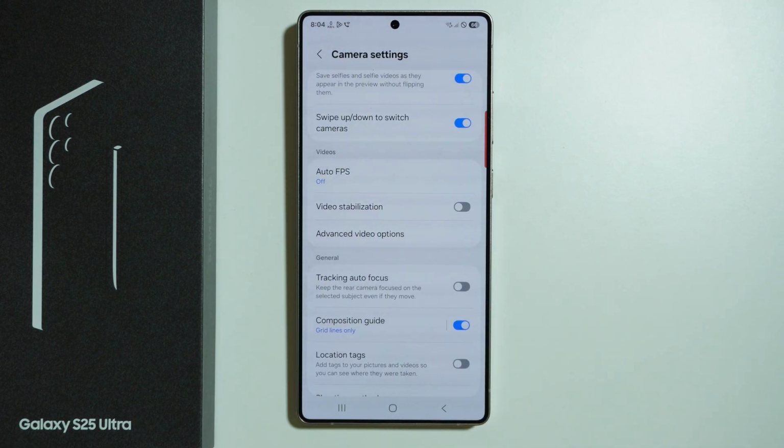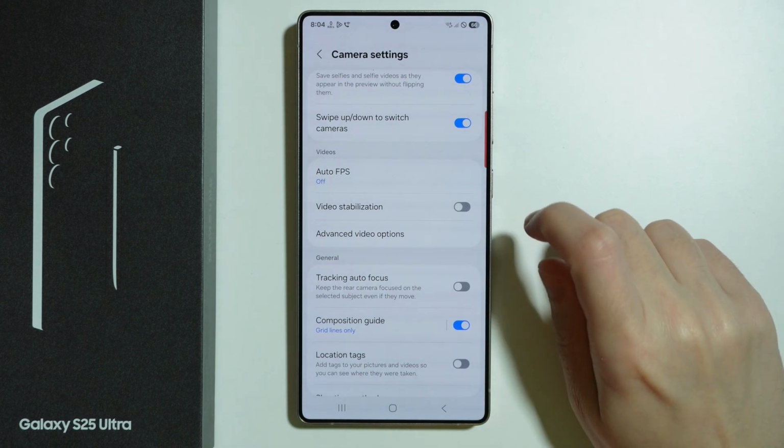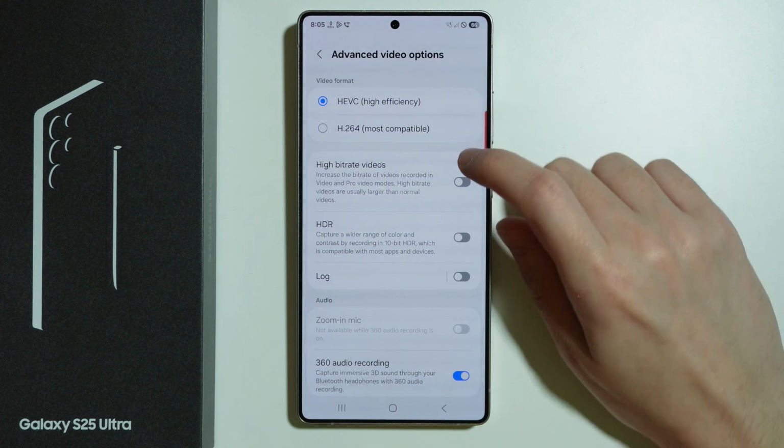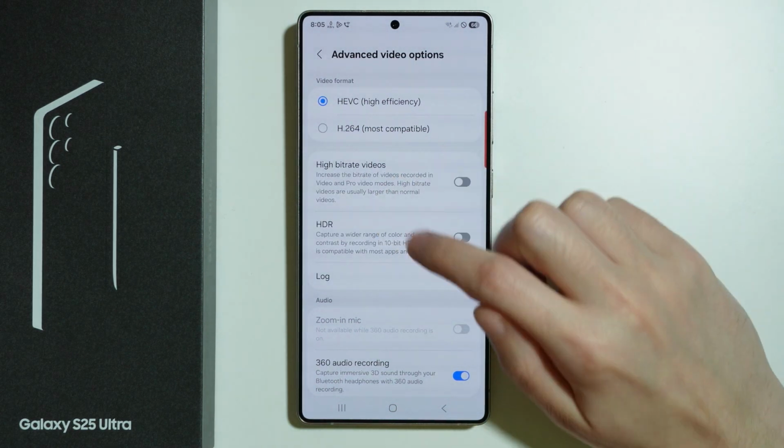FPS videos. Besides that, we have video stabilization, and in advanced video options we have HEVC video format, which is the high efficiency format, and we also have H.264, which is most compatible format, compatible with most apps and so on and so forth. If we use HEVC format, then we also have access to these three options, where we